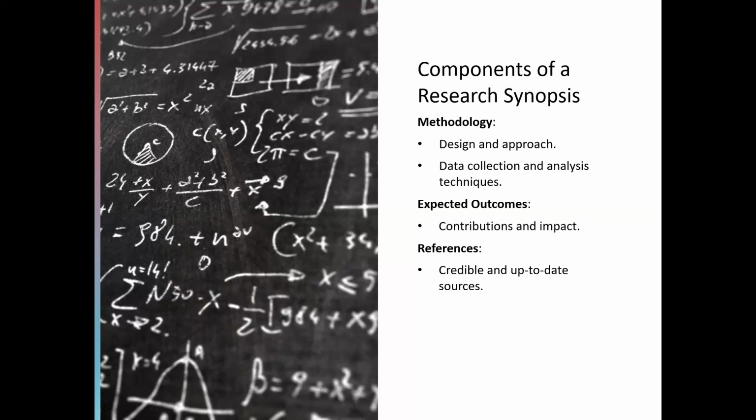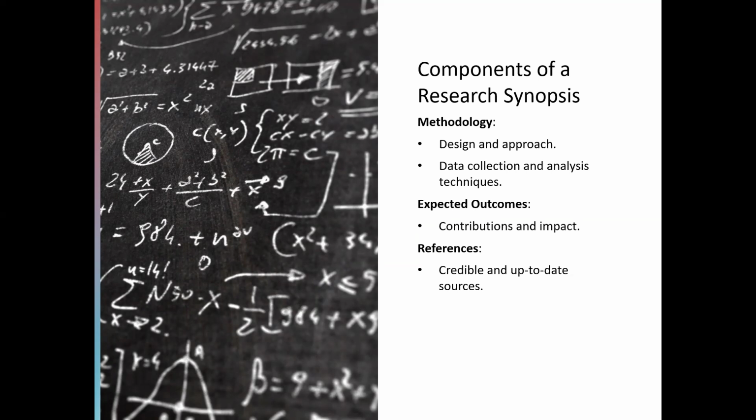And then in expected outcomes, usually people ignore this section in the research synopsis, and this should not be ignored, and you should write the contribution and impact. That is, what are the expected outcomes? You are writing a research synopsis and research proposal, so you have not conducted your research yet, so there are no results with you,